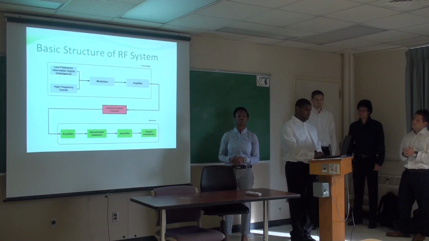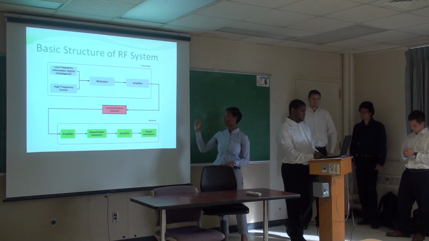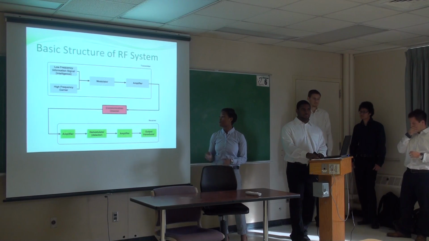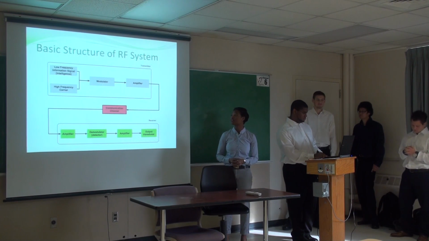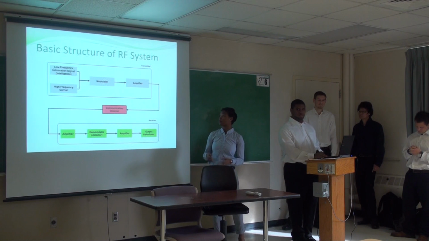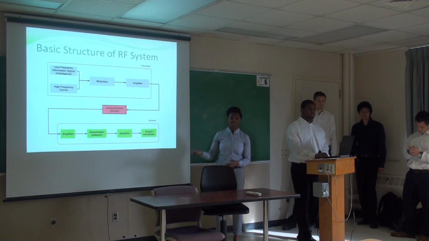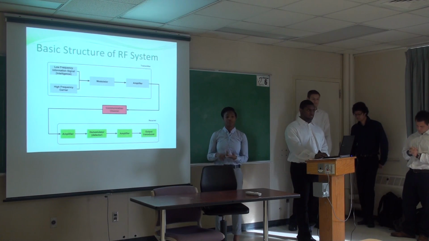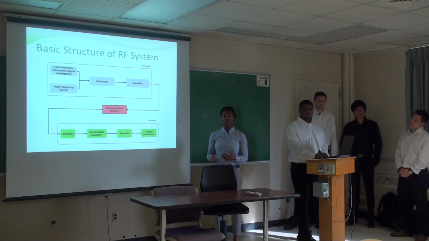This is the basic structure of an RF system. It is composed of a transmitter, a receiver, and some sort of communication channel, which is just a medium, air in this case. Air has noise associated with it, white noise, and Alex will be talking about that more specifically. The transmitter is basically composed of a low frequency signal that you're going to send, a modulator which modulates and encodes the signal, maybe phase, amplitude, or frequency, and then an amplifier which amplifies the signal to be sent